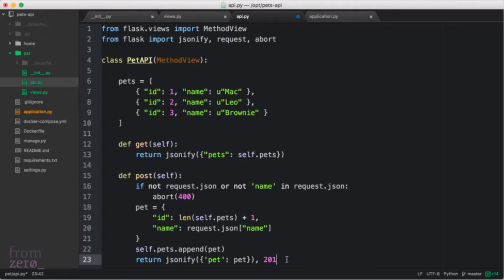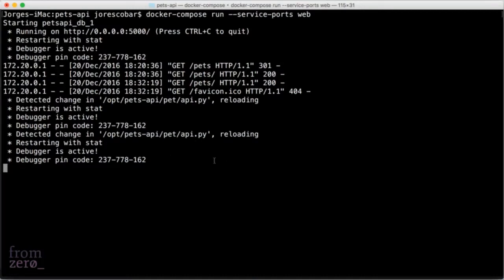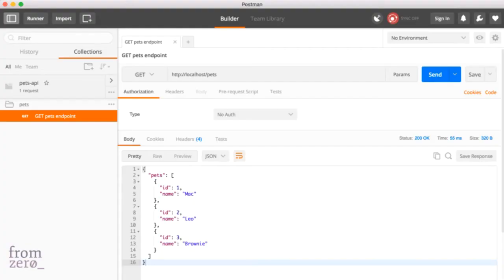So we're going to check the HTTP codes in a bit, but let's just stick with this. So I'm going to save this, and I have Docker here running on my computer. So I'm going to go now to Postman, and we're going to basically create a new